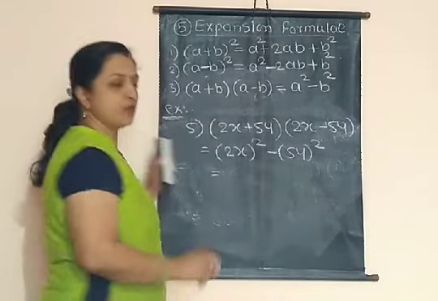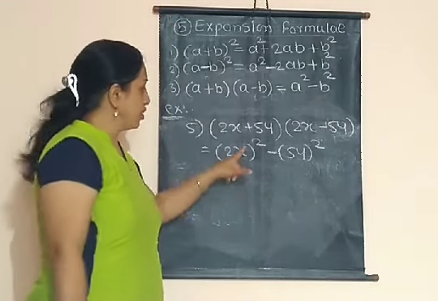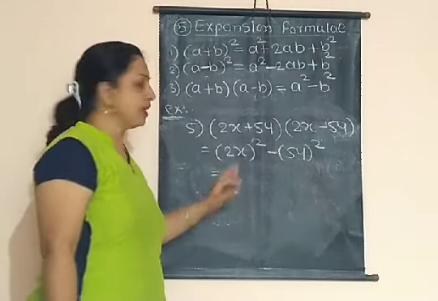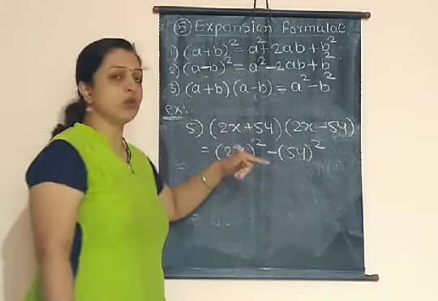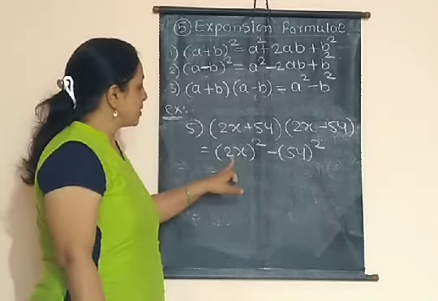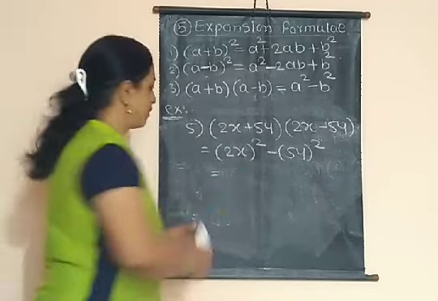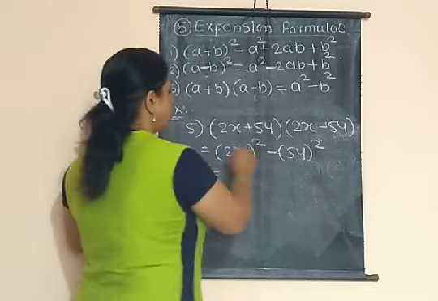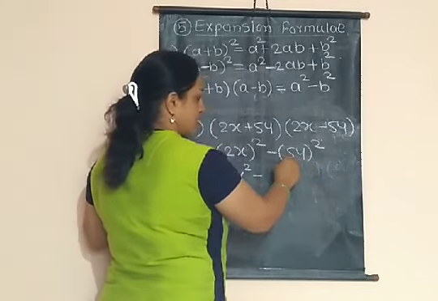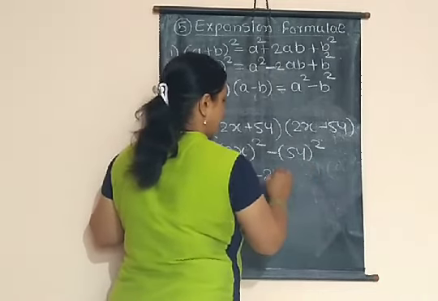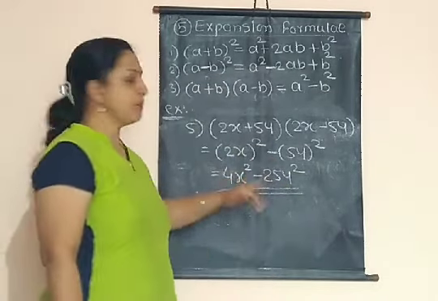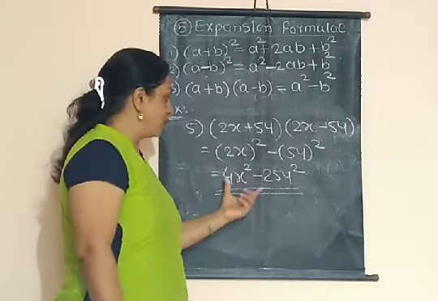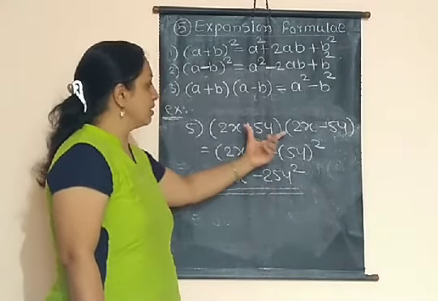So what is the square of 2x? Again I repeat, you have to take here bracket. Okay, because if you simply write 2x square, then its meaning is there is square of only x term, not 2. Okay, so first you have to write in bracket. So 2x square, what is the square of 2? That is 4, and this x square, minus 5y square. So the square of 5, that is 25y square. In this way we get the answer of this. Okay. So if you have this term, then also you can write this term in this form also.